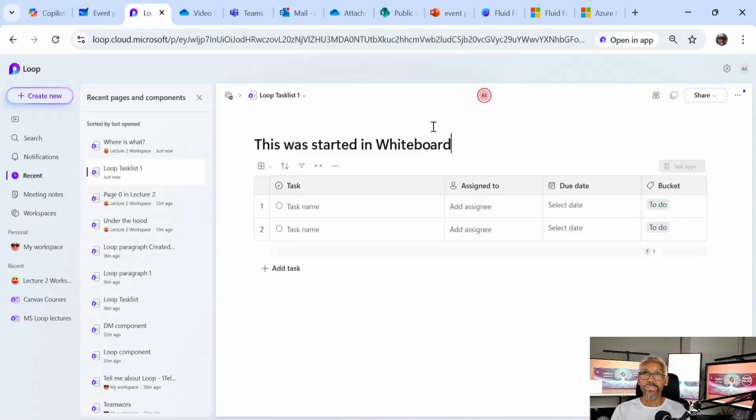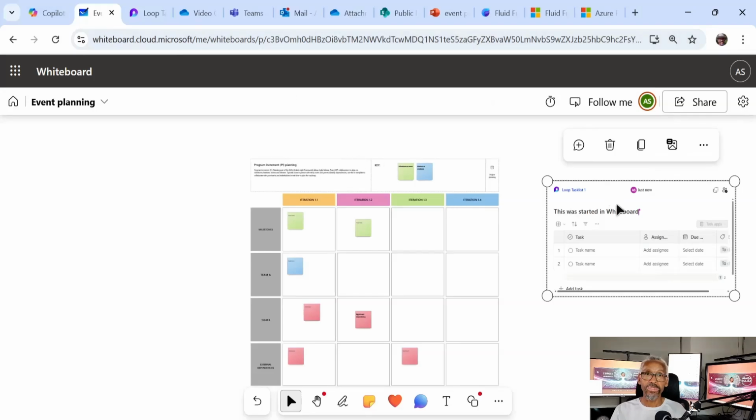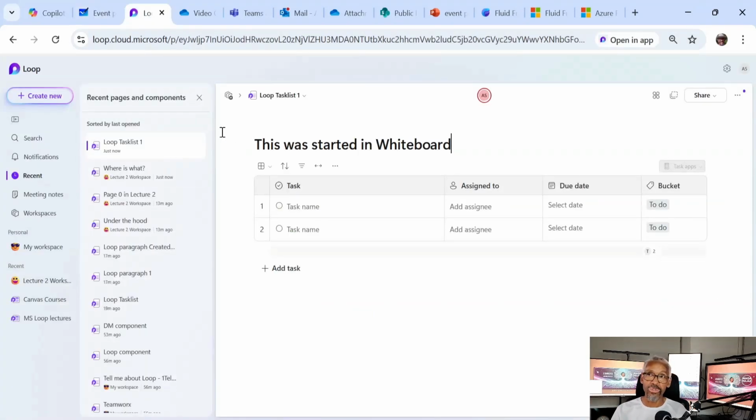And as you would expect, again, if I go back to Whiteboard right now, you'll see that whatever text you put in the loop page or the component inside the page, because within loop everything is presented to us within a page, and that is how you integrate Whiteboard with MS Loop. Again, I'll revisit this when it comes to where are those actual pages stored at beyond SPE, where everything is ultimately deposited. That's the central repository for everything